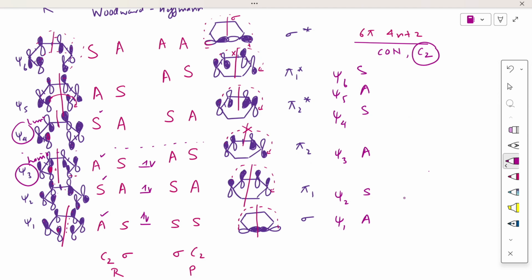And for your product you have a sigma, pi 1, pi 2, pi 2 star, pi 1 star and sigma star. அதோட symmetry properties symmetric asymmetric எப்படி இருக்கும் பார்ப்போம், so C2 க்கு என்ன இருக்கு SA SA SA SA SA SA, so we are talking about the ground state so thermal condition so நம்ம இப்போ nearest energy நம்ம match